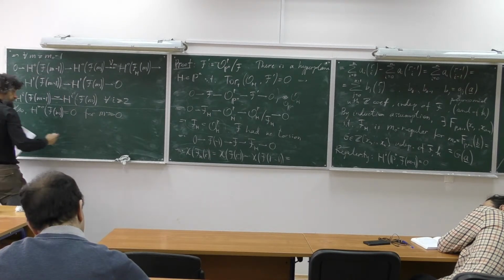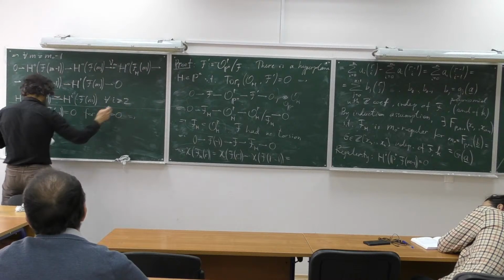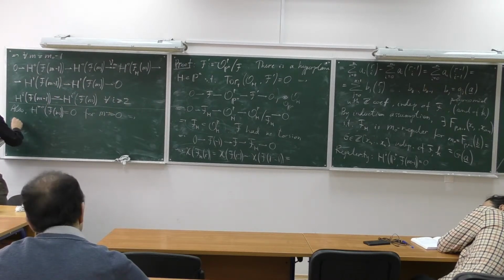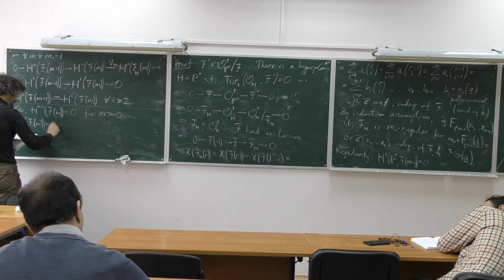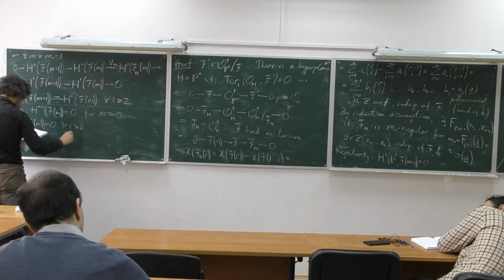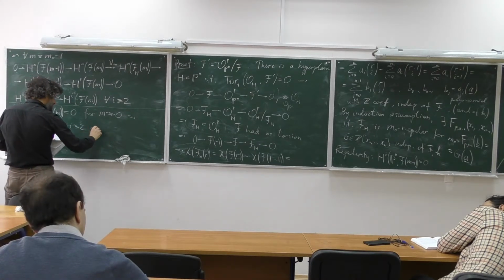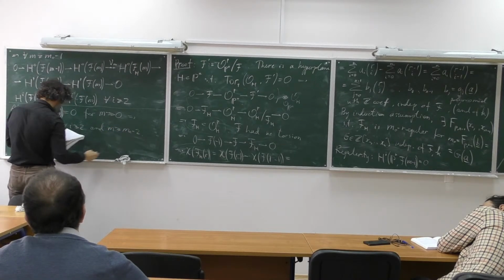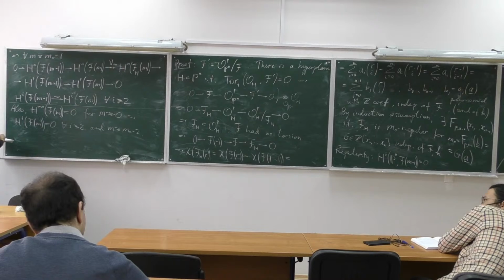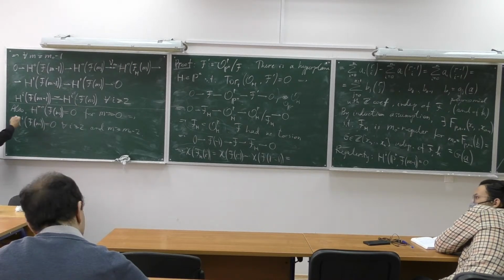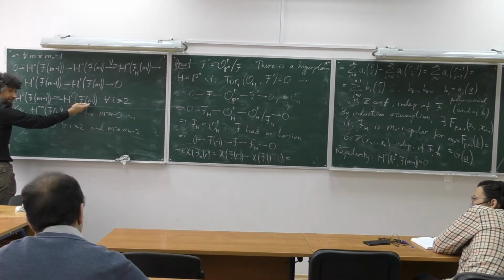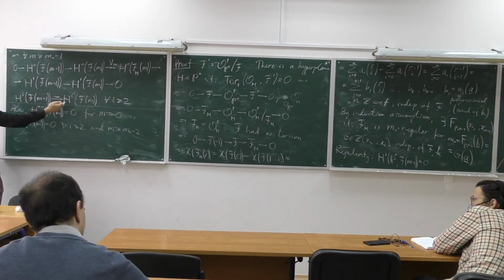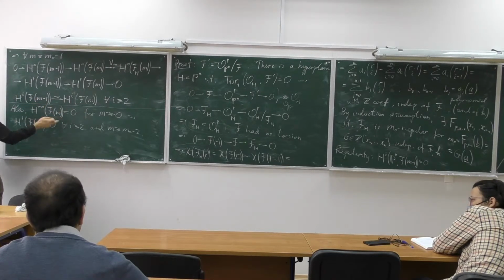Okay, and so it implies just by this that the higher cohomology of F(m) is 0 for i at least 2 and m at least m0 minus 2. Just because eventually it gets 0. But then there is an isomorphism with the previous one, and then with the previous one, and so on.